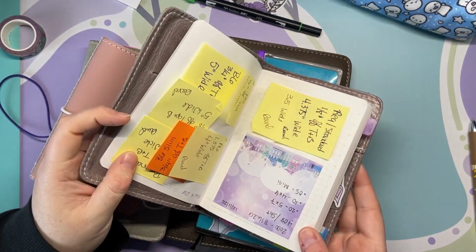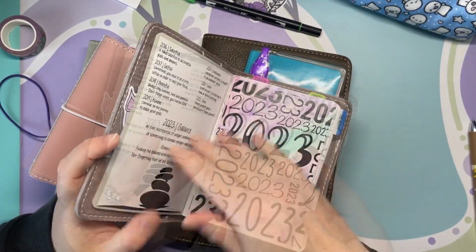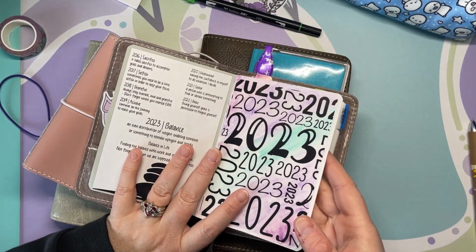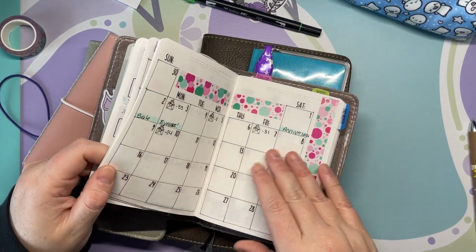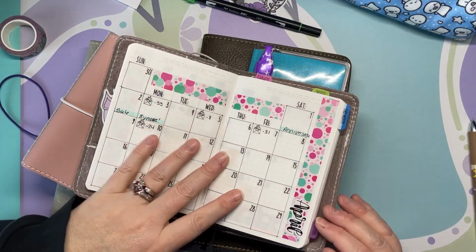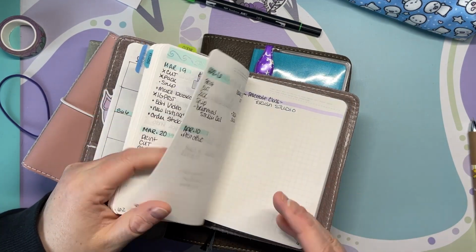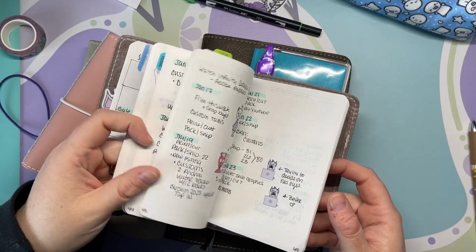This is my A6 Stalogy. This is my, oh, that's upside down. This is my business, my shop, my Tyrian Designs. These are my freebies for the year, and then I basically have a tab for the months where I'm at. And then I have this tab. It just says Tyrian. That's always kind of on the current day, and I've just been using this very